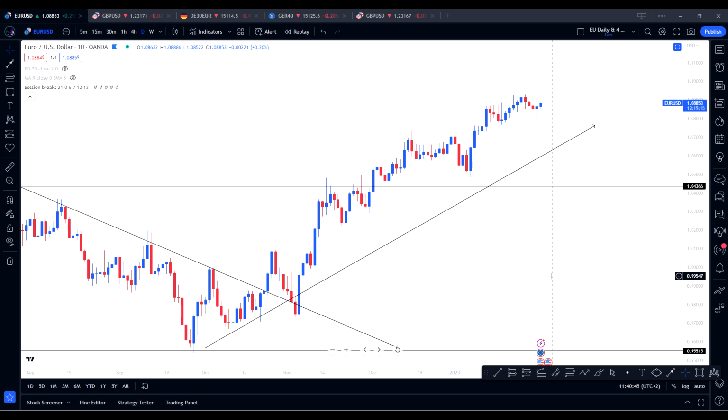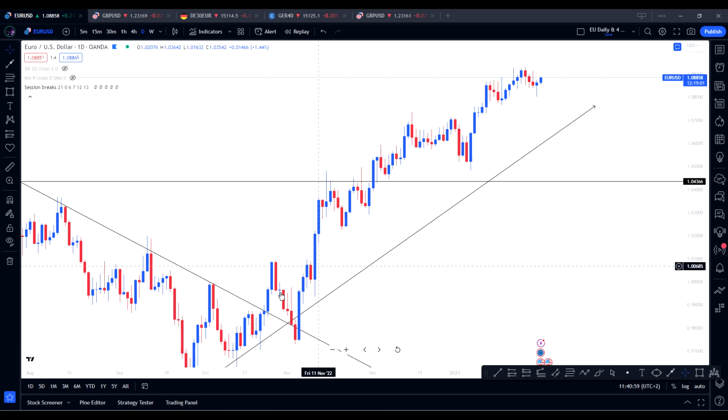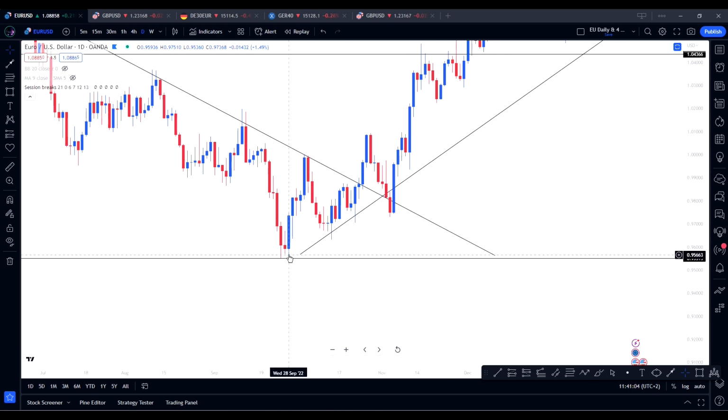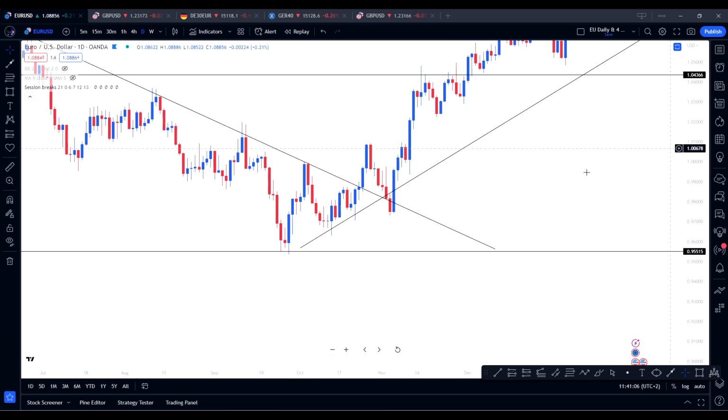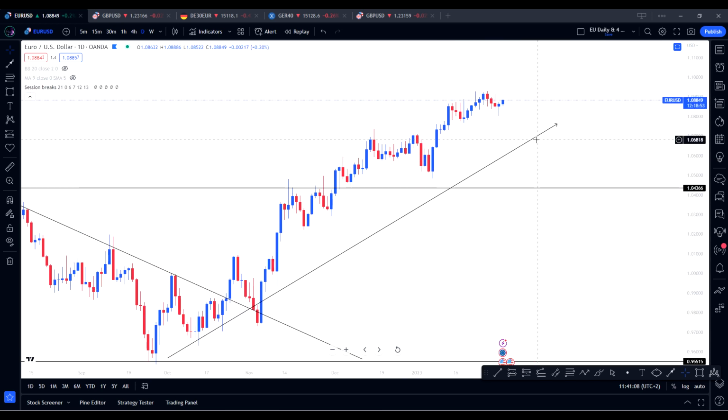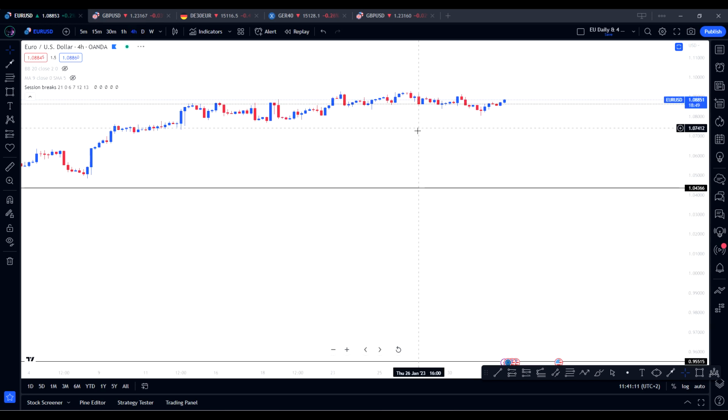Now there's nothing wrong with that if you can find a good enough reason to get into a counter trend position. But for me, if I am looking for an order block, I need to be on the right side of the broader trend. And this is clearly an uptrend, right? This is a bullish market and has been since September last year. So now that we have established our bias, let's jump back into the 4-hour time frame